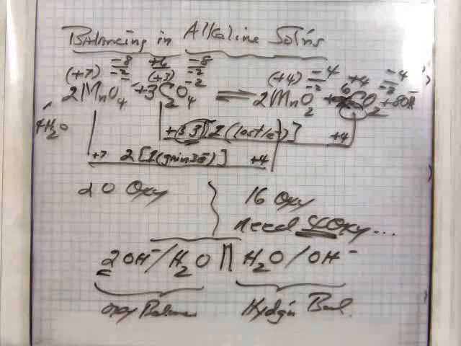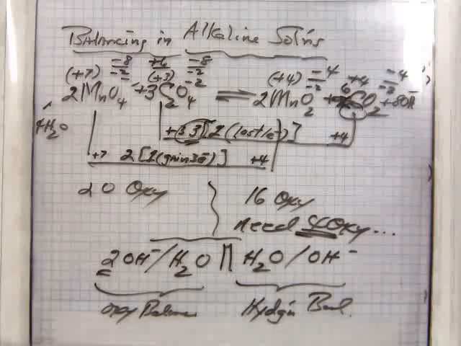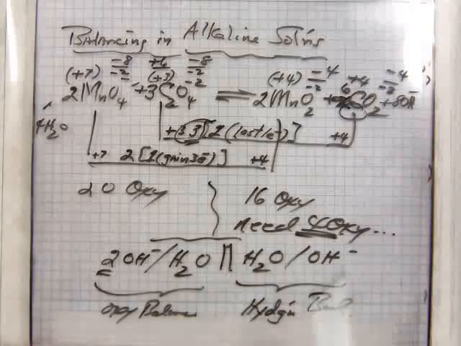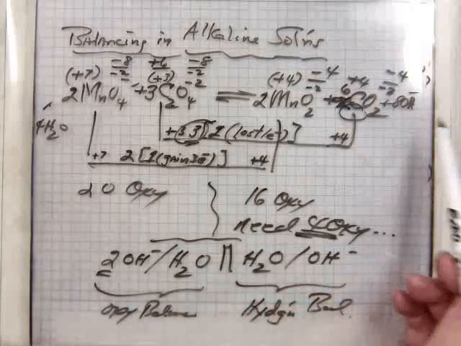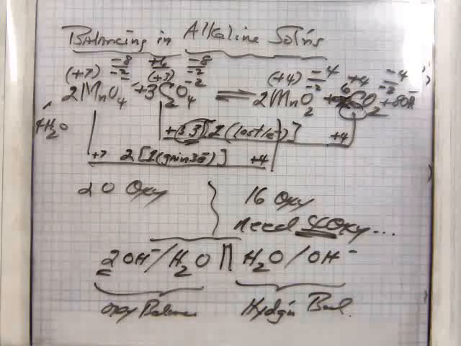You've got to add 2 hydroxides per oxygen needed to the side needing oxygen, then half as much water on the other side for oxygen balance. Then it's 1 and 1 for this. So if we check this out, we've got 8 hydrogens and 8 hydrogens, so I think that everything balances out in that